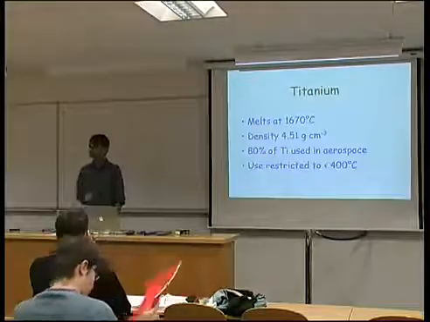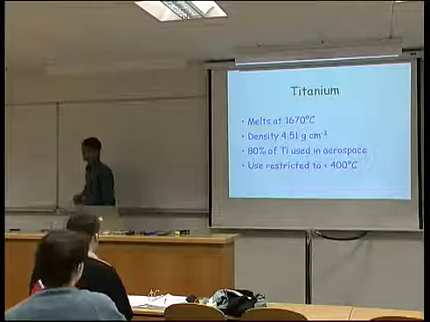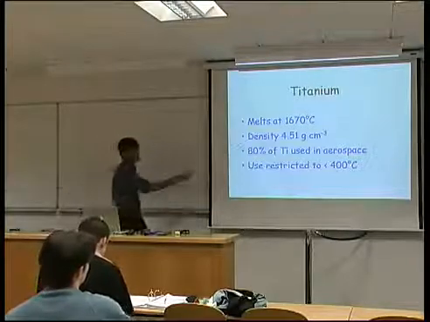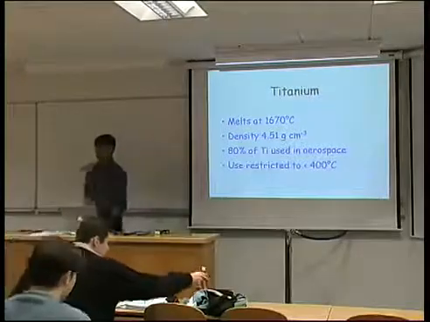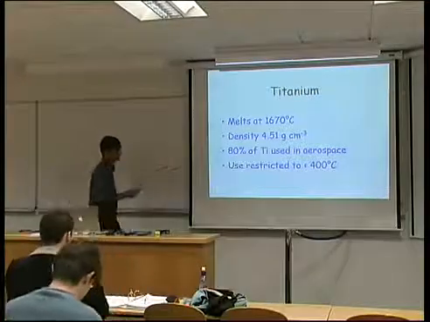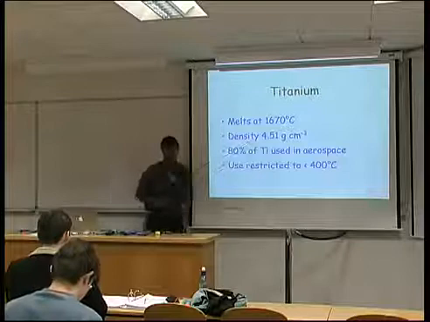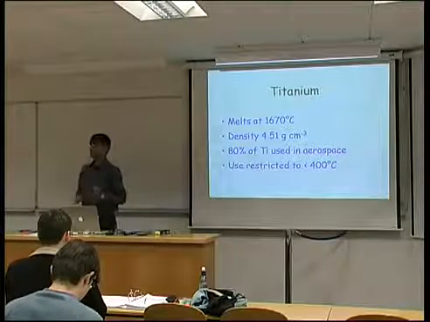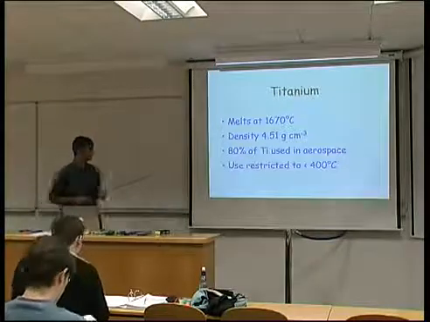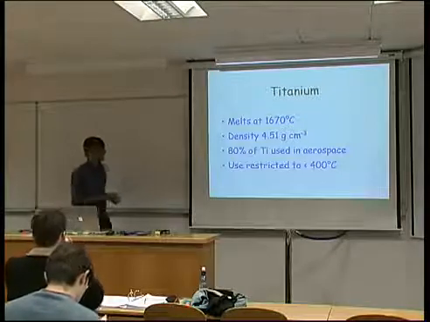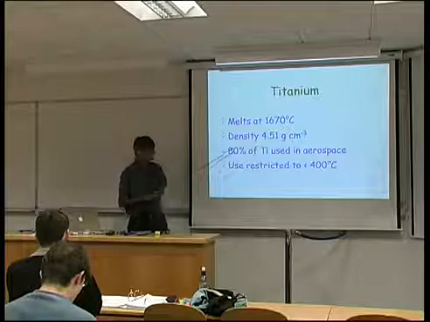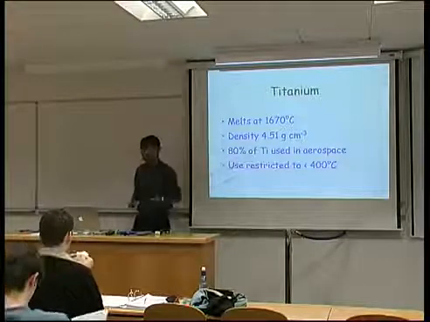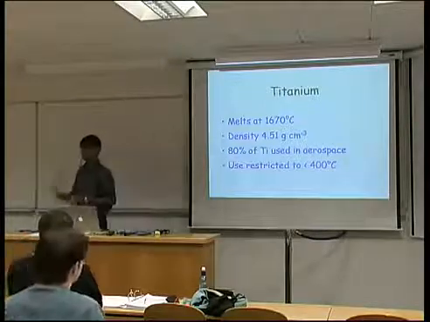And I pointed out to you in the last lecture that titanium has a very high melting temperature, 1670 degrees centigrade. That's higher than that of iron, which is about 1550 degrees centigrade. It has a low density of the order of 4.5 grams per centimeter cubed. And therefore it isn't surprising that a vast majority of titanium is used in the aerospace industries, so aircraft and